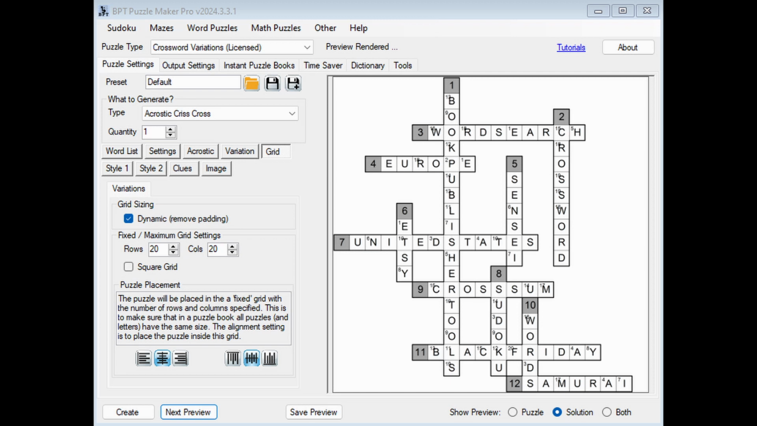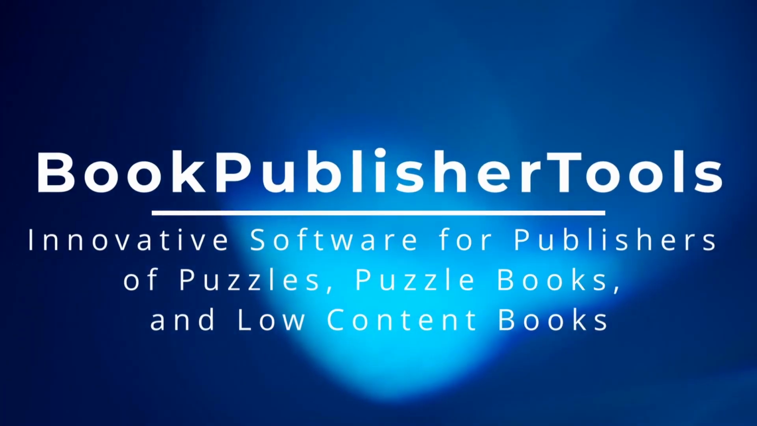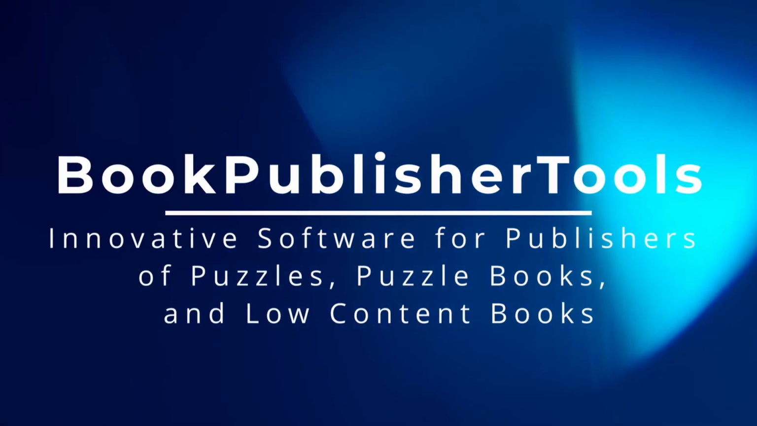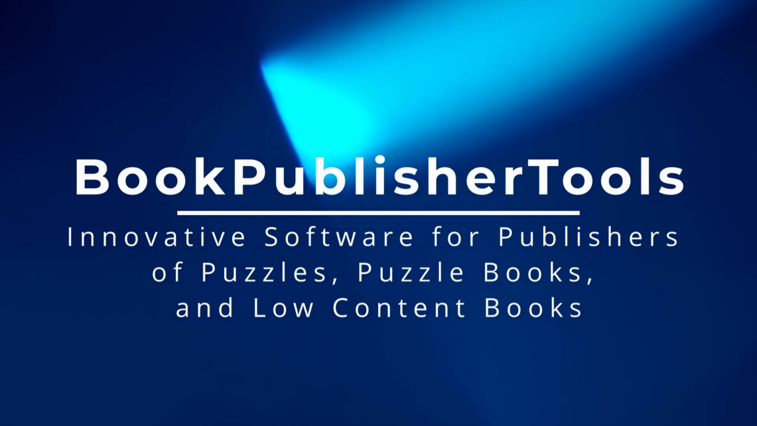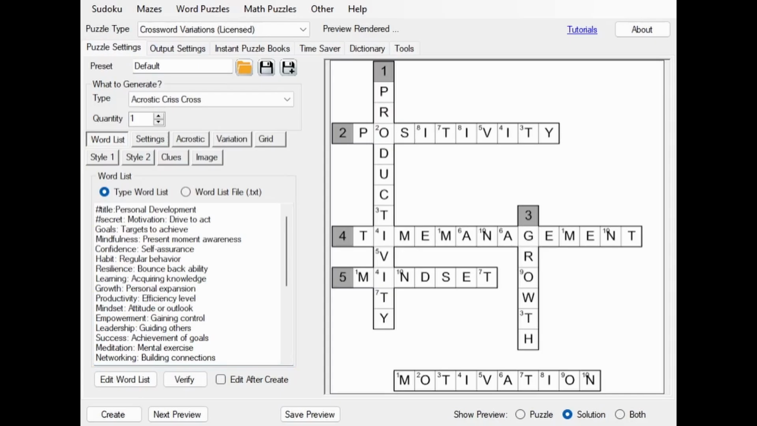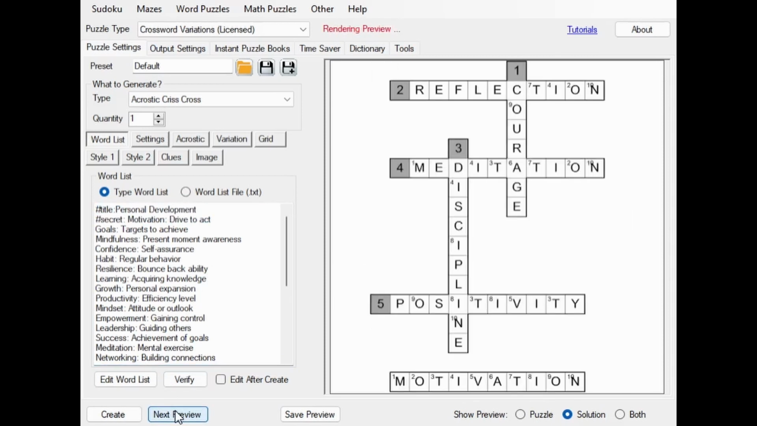In this tutorial, we teach you how to use Puzzle Maker Pro, acrostic Criss Cross. There are many options and settings, and it all starts with a word list. The word list we use includes a title and a secret word, both indicated by the hashtag symbol. You can add multiple secret words to a word list, and even with this single word, you can generate many